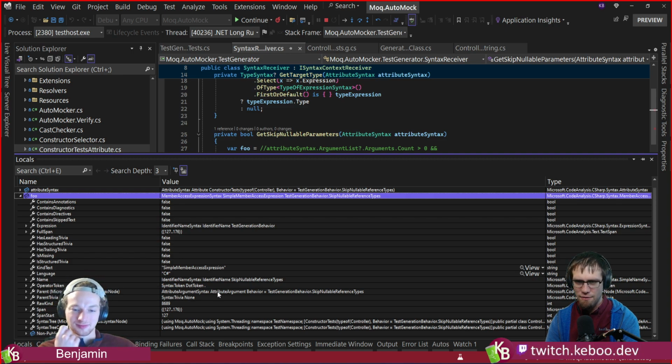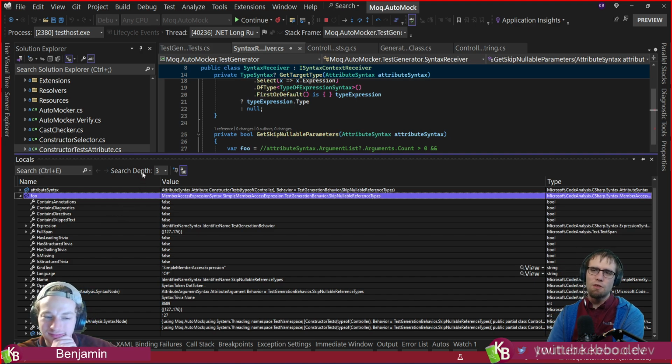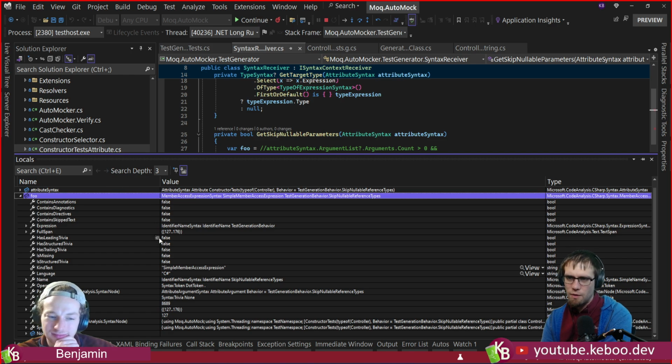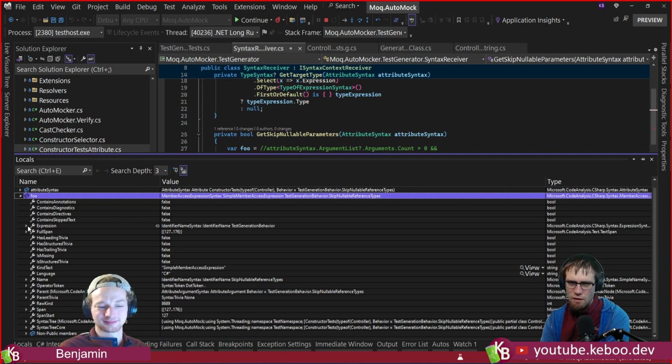exactly what we're after. So, are you able to hide that in your locals? Search depth, are you able to reduce that with that? Would that actually change how many derived classes it goes by? Does it actually know, or does it not have a concept of that? No, at this point in time, I think this is the search depth for local variables, not necessarily how deep this is going to expand itself out. Because in our case here, we've got